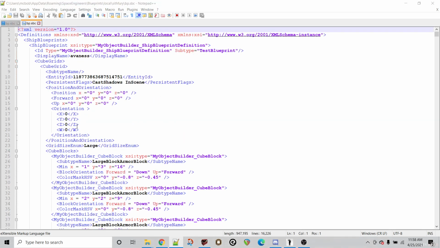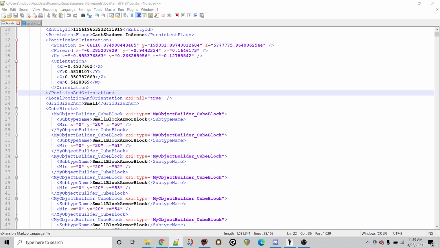Well, you could compare through a lot of things, but for only armor blocks, and I have to stress this because it's only armor blocks that this makes sense. Other blocks like conveyors and things do not follow the same naming conventions, and you're going to wind up breaking your blueprint. You may break it to the point where Space Engineers just doesn't load certain blocks, which is probably fine, or you may break it to the point where the blueprint is not working at all, and obviously that's not as desirable, right? So, but in this case, we look at grid size enum, large, subtype name, large block,